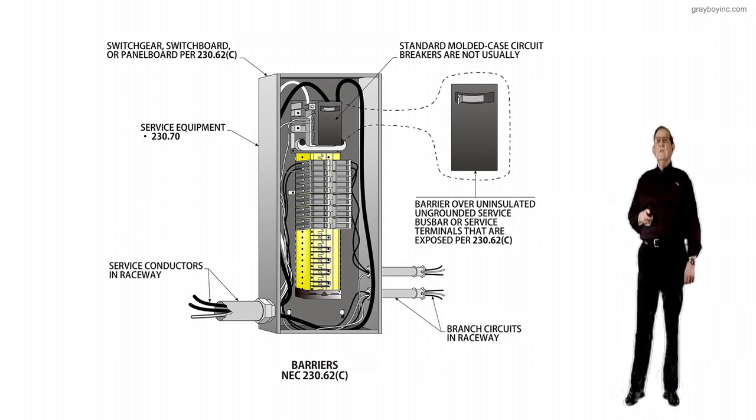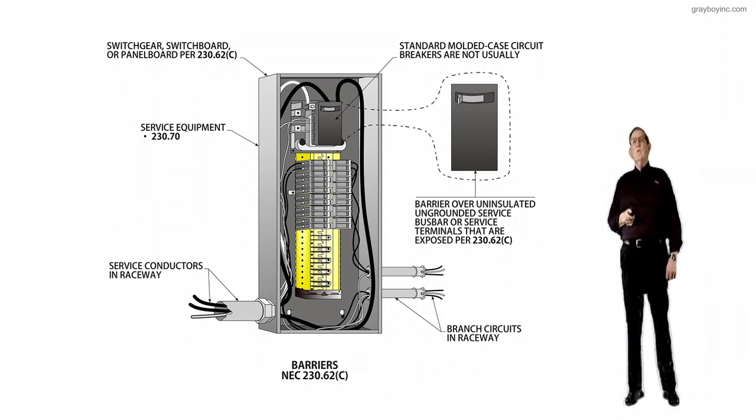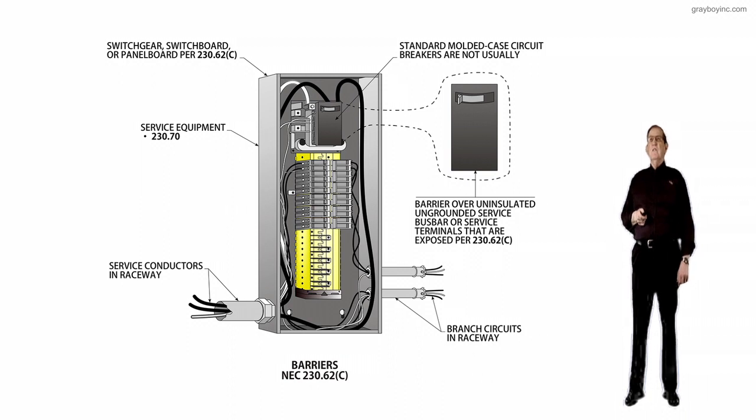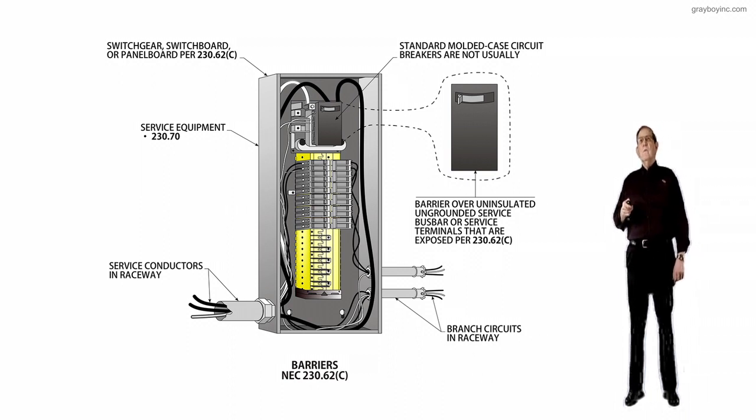it in dwelling units. We see these panel boards in commercial, even industrial. And what they're saying here is, where these conductors come in and terminate, you can't have bare lugs there anymore. You have to have a barrier over those. So as you see here,